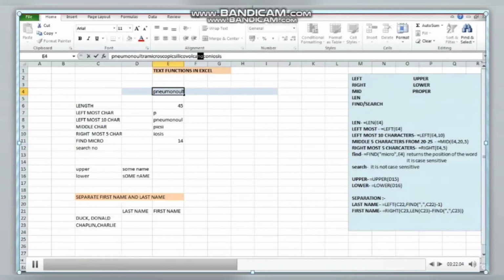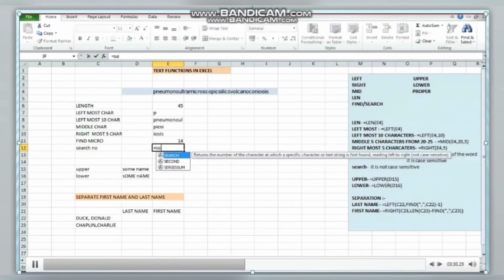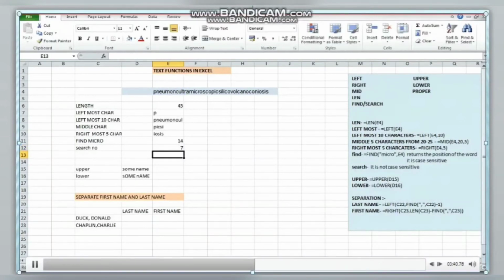It will return the first instance of no. It will always return the first instance of the particular string. So here equal to search bracket, which text, no, then comma and this string, then close the bracket and enter. So at the 7th position it finds the first no.